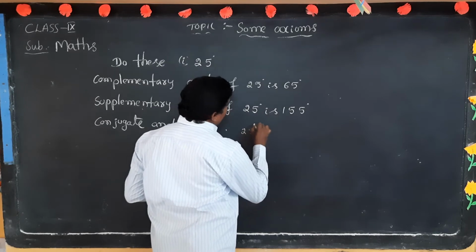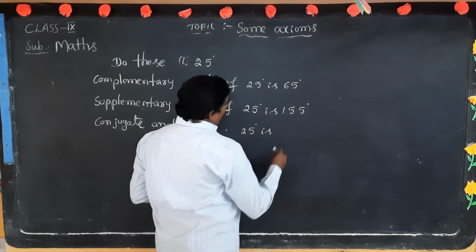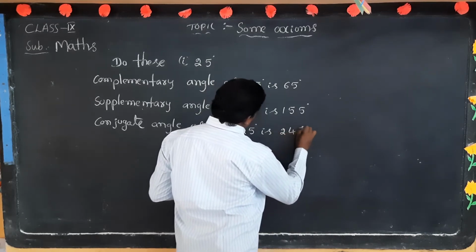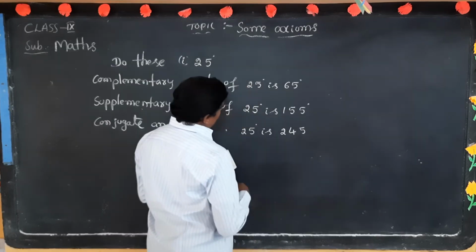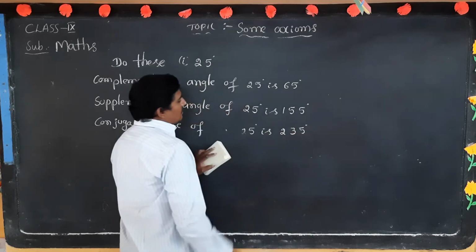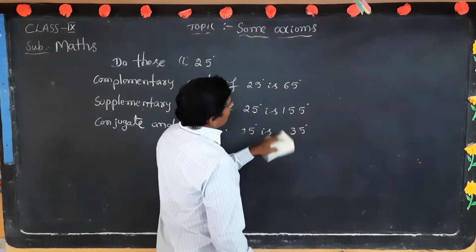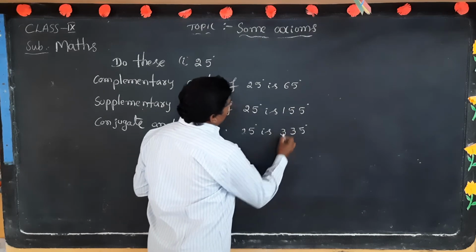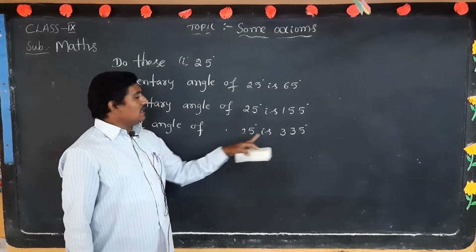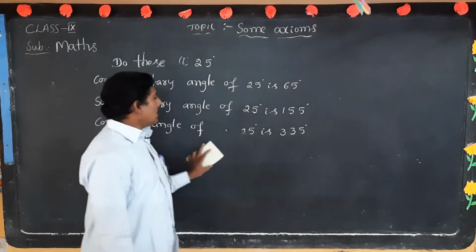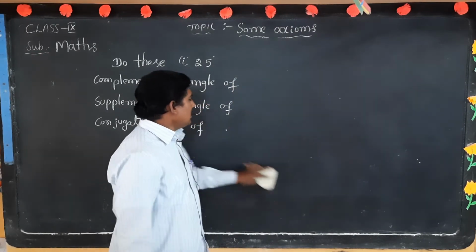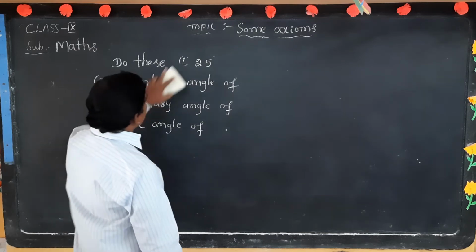Like that only, the conjugate angle of 25 degrees is 335 degrees. Why? Both adding we want 360 degrees. So 335 plus 25 is 360 degrees. So like that, any value you can give, it is possible to write. And next,